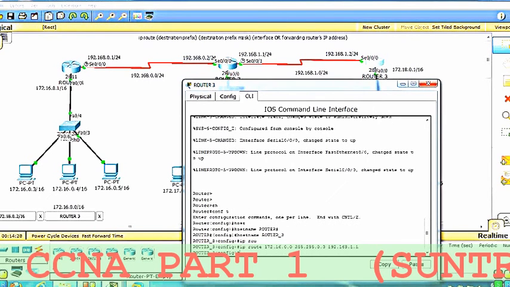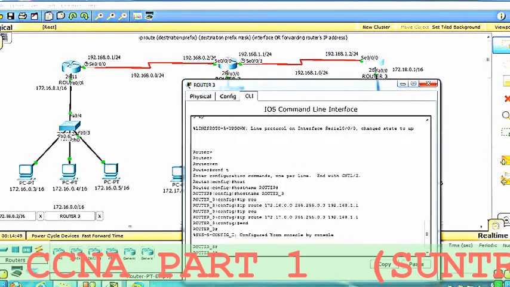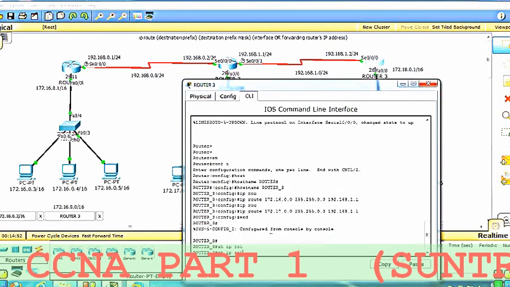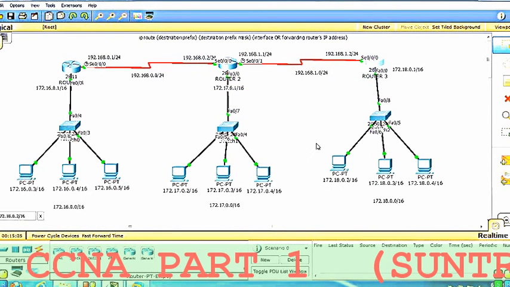One more static entry I have to create: ip route 172.17.0.0, the subnet mask is again 255.255.0.0, and the next hop IP address will be the same, because this network is connected to router 2. So 192.168.1.1 is the next hop IP address. Now let's check the IP table. Show ip route. It's now showing that 172.16.0.0 and 172.17.0.0 are connected via 192.168.1.1. So this is the end of the static routing.